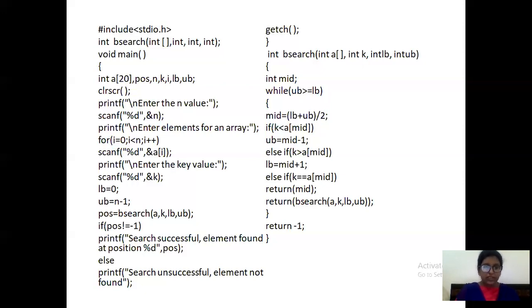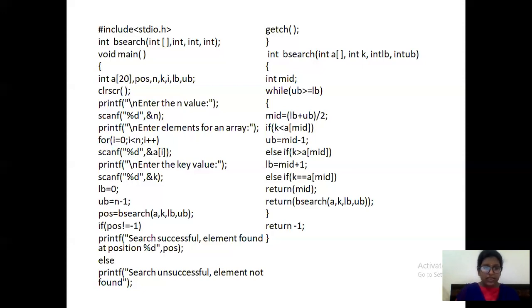Right, first of all you need to know the size of an array. Okay, how to read the n value using the scanf function. You will be reading the n value. N is nothing but the size of an array. Okay, now you need to enter the elements into an array with using the for loop. For i equal to 0, i less than n, and i plus plus, you will be reading all the elements into an array with using the scanf function. Now you need to enter the key value. Key value will be taken by the variable called k. Now you know how many elements are there in your list and what is the key element that you need to find out in the list.